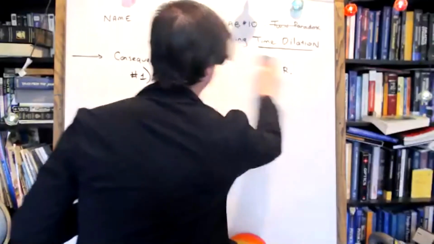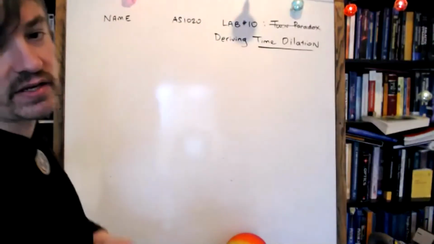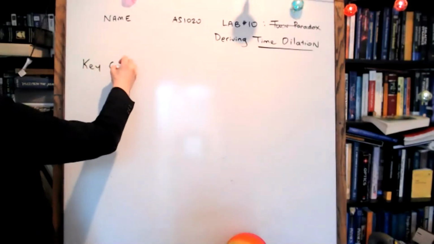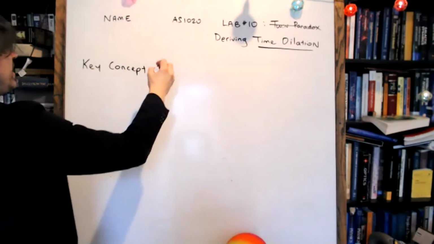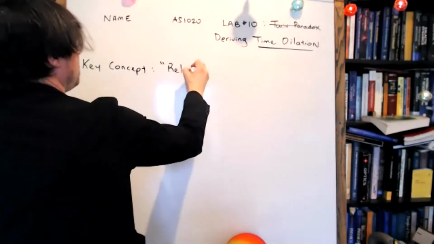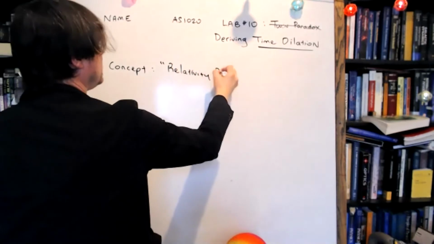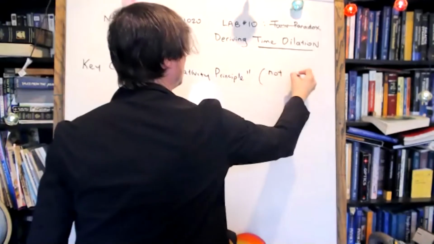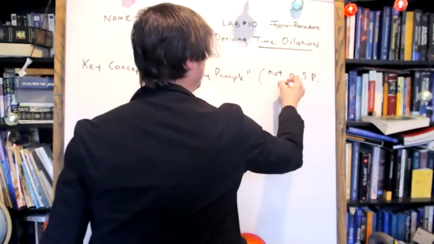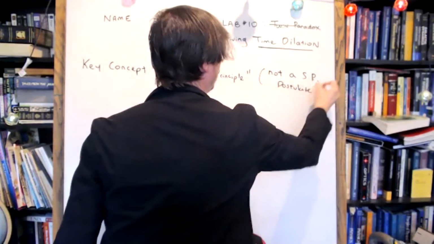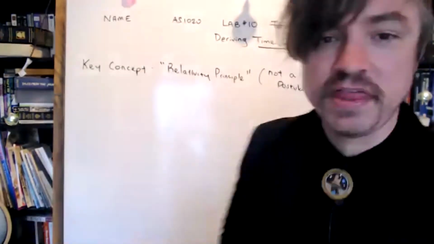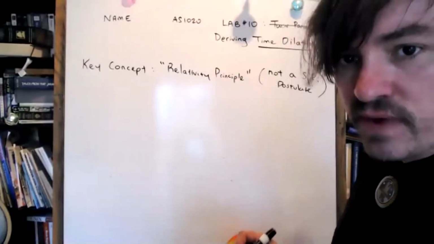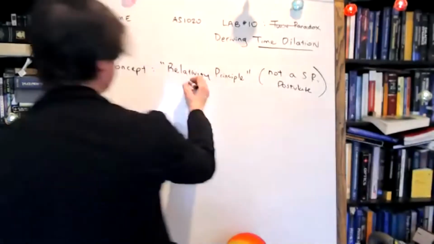Let me write the idea down, and then let me see if you guys understand it, okay? So here's a key concept that we're going to need for this derivation. And the key concept, I believe it goes under the name of the relativity principle. And I want to state here, this is not a special relativity postulate. This was not invented by Einstein. It's a thing that you're kind of supposed to know from physics. And the relativity principle goes like this.